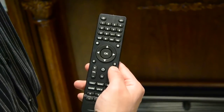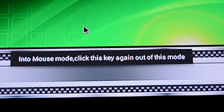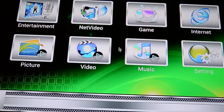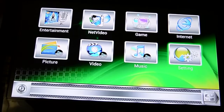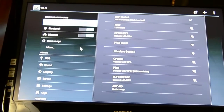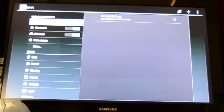But the remote also has a mouse function where you press this button and it turns your mouse on the screen. And you can move it around and use it just like a mouse. And this would be the button to click if you want to select something. First we're going to go into the settings menu here, so we can discuss how to set up your different connections here. Click off, click again to turn it on,